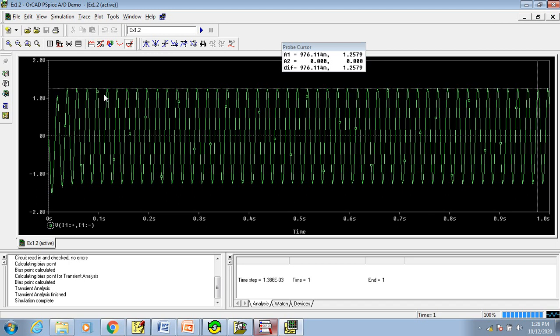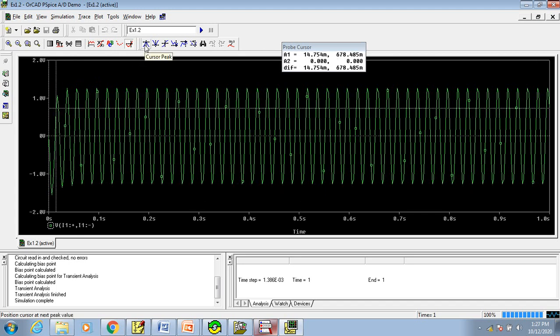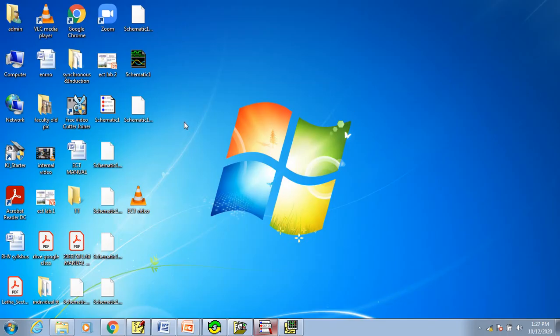Now we'll find out at what time we got the peak value constant. So let us go back again here, let us trace back, let us move it a little forward and try to find when we get the constant value 1.2579. At what time we got it constant. Yes, for example, until 156.114 milliseconds the class was disturbed, and afterwards the peak value remains constant. You can see from that time onwards it is constant, right? So let's go back again and see at what time we got it constant. So this time is important, 156.114.